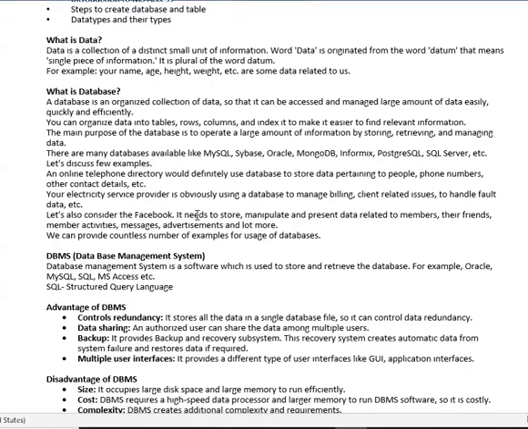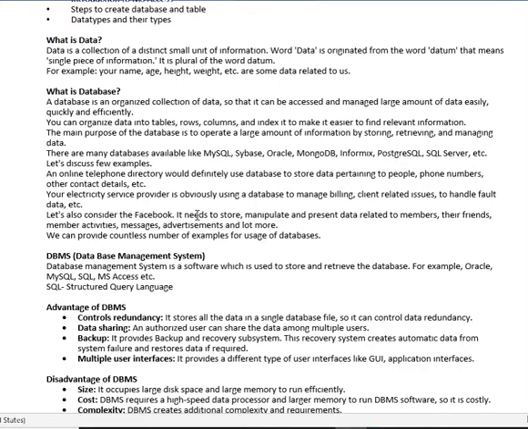There are so many applications for managing data, such as MySQL, SQL, Oracle, MS Access, etc. An online telephone directory, or your contact list in your mobile, is an example of a database.